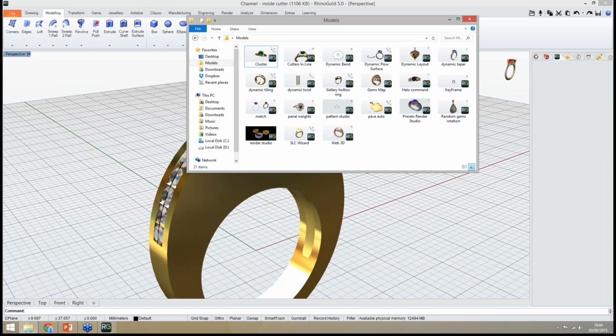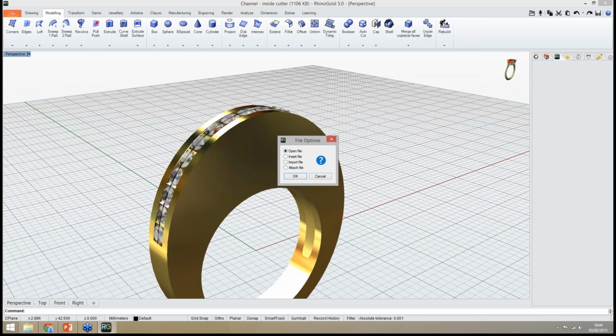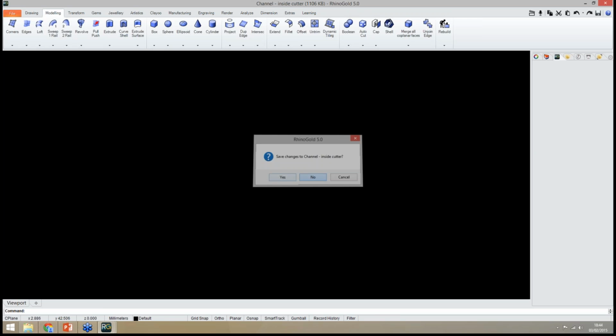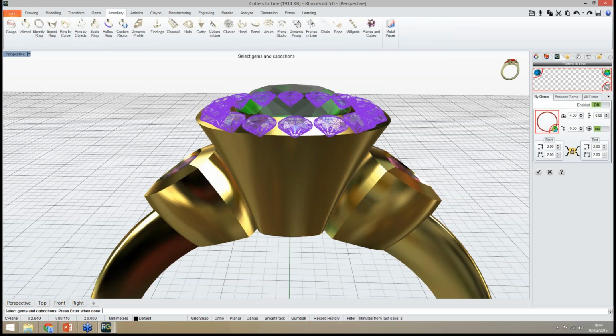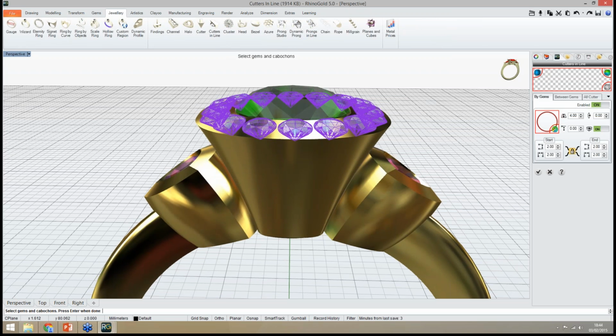Now I will show you the cutters inline. Okay, the cutters inline tool. This is another tool we improved a lot. We have many new functionalities. Under the Jewellery tab, we open the cutters inline tool and we select the gems where we want to apply the cutters.